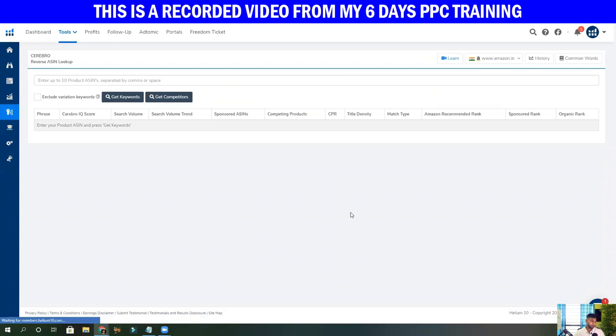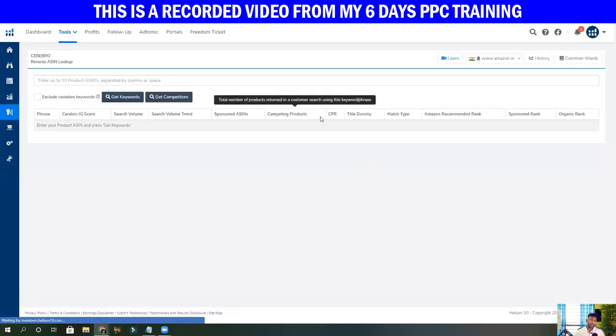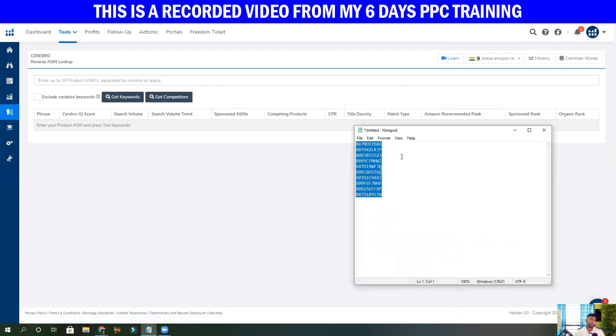So this is Helium 10 Cerebro, and we are basically going to use it for reverse ASIN. Okay, so I'm going to paste those ASINs one by one.